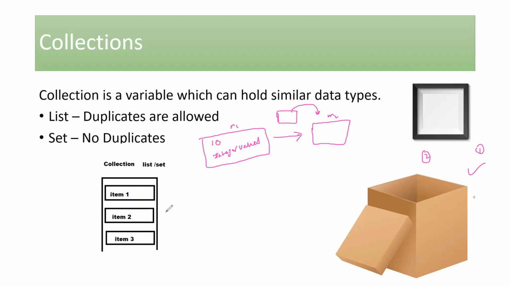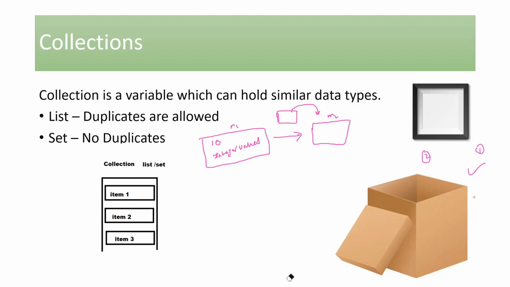Now, unlike our cardboard box, our collection is dynamic. That means I can go ahead and create a collection and add values in it, and it would expand its size as and when it needs to. Whenever you need to think in terms of collections, think of a cardboard box in which we are adding items. If you see here, this cardboard box doesn't have any end here. I've wantedly made it like this just to help you understand this point, which says this collection is dynamic. It can increase its size or decrease its size depending on the items that we're adding inside it, right?